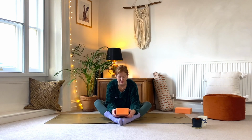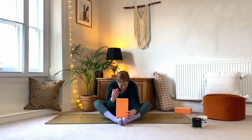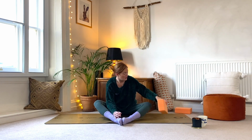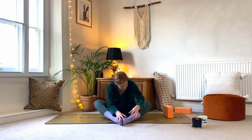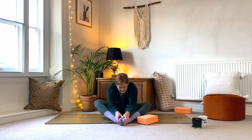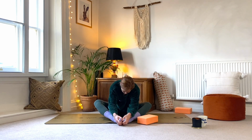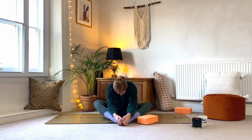Sometimes taking a block, a bolster, or a cushion really helps if you struggle to lean forwards and fold into this deeply. And just placing the block or cushion underneath your chest or underneath your forehead, or using the bolster vertically to support your head here. Easing yourself towards the floor. Now do this carefully. We've just opened through the front of the body, so we are taking a counter pose here